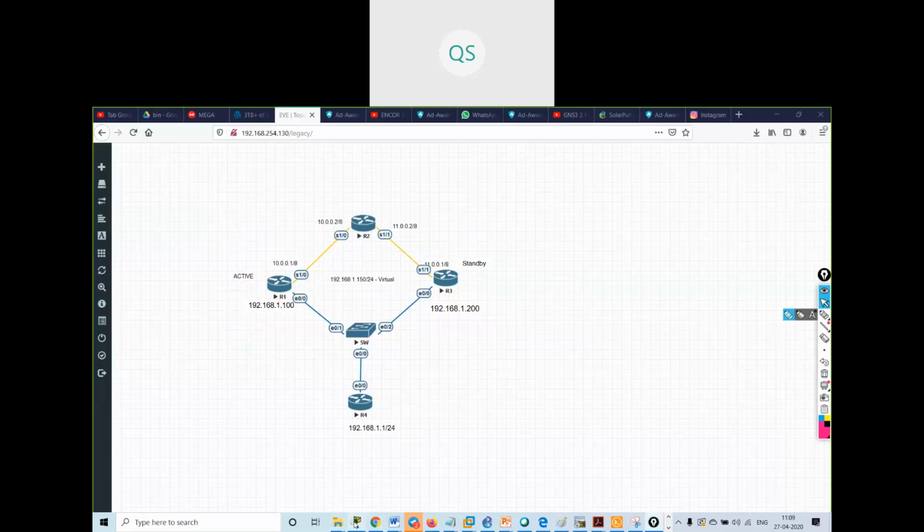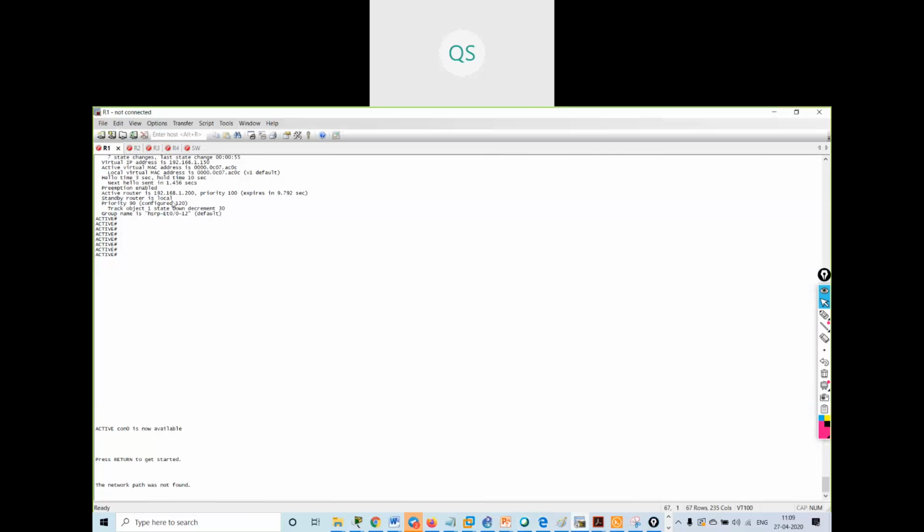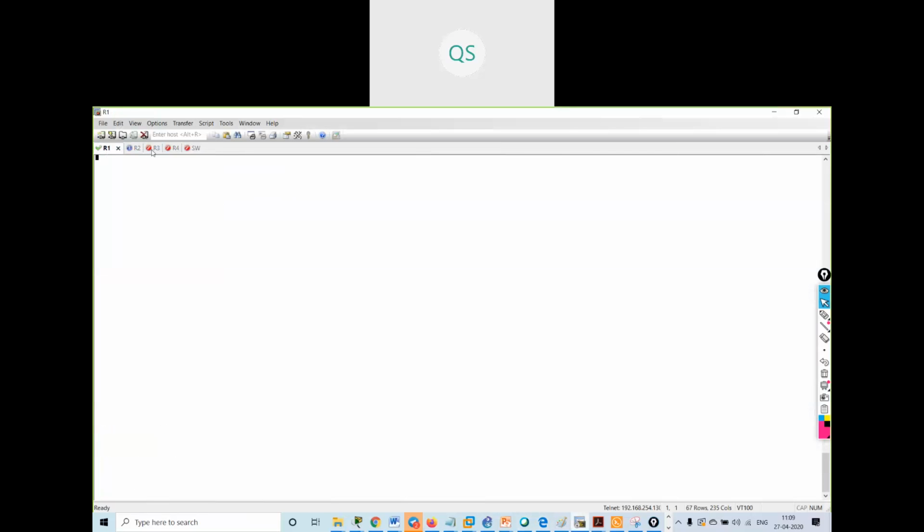I will just connect one more router, or let it be, we will not connect any router over here. I'm on my R1 router, the active router. It is the same configuration that we have done. Show standby.